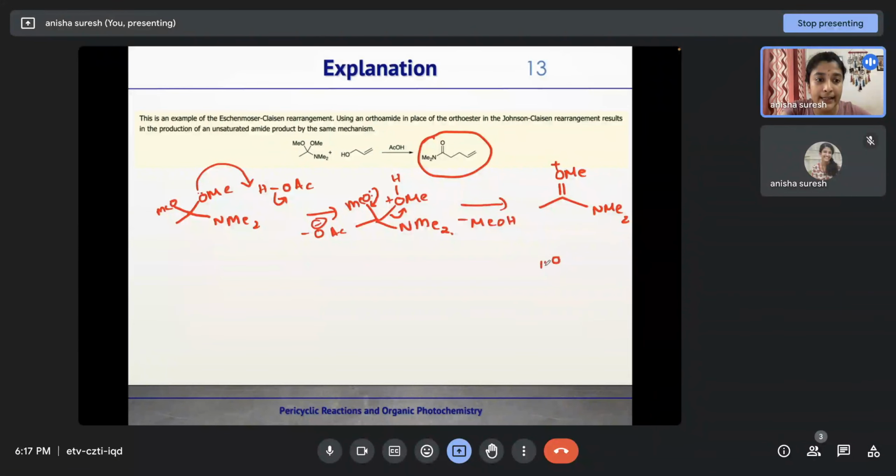This allylic alcohol will attack here, neutralize this positive charge, and we will be getting OMe, OH, NMe2. So here a positive charge will be there. Now this proton will be abstracted and we will be getting